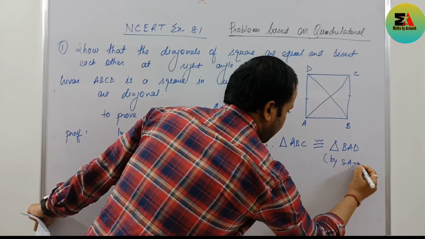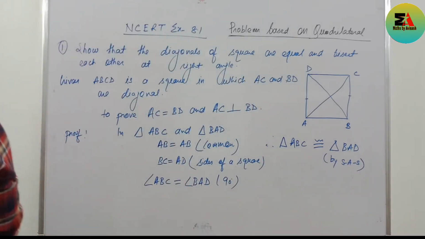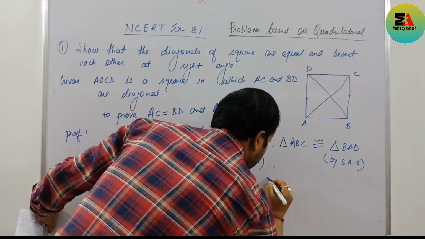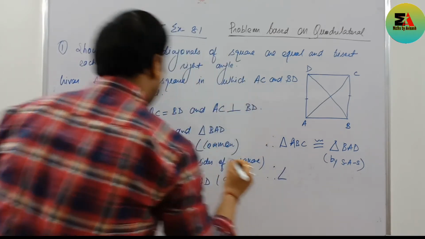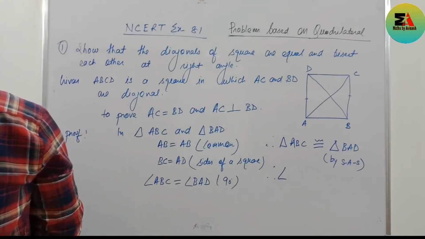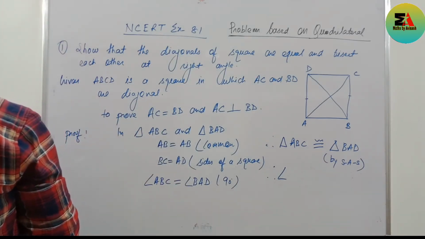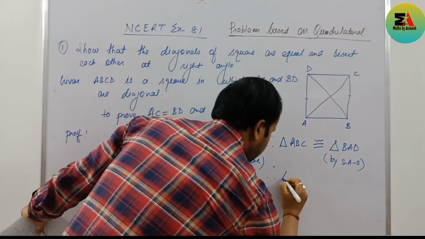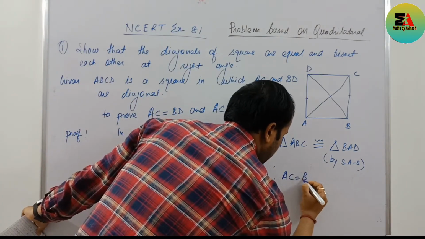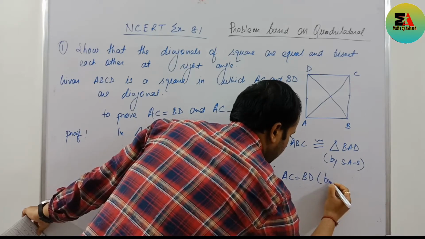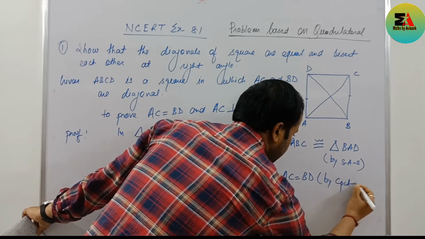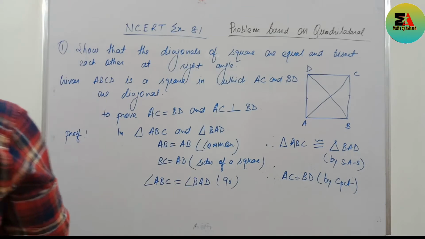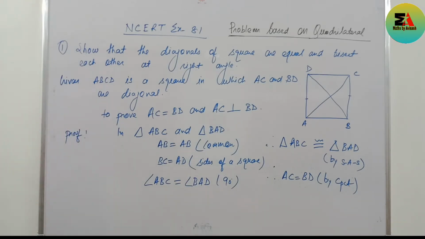We know that when triangles are congruent, then by CPCT, what we say? AC equals BD by CPCT. Clear? Now similarly,